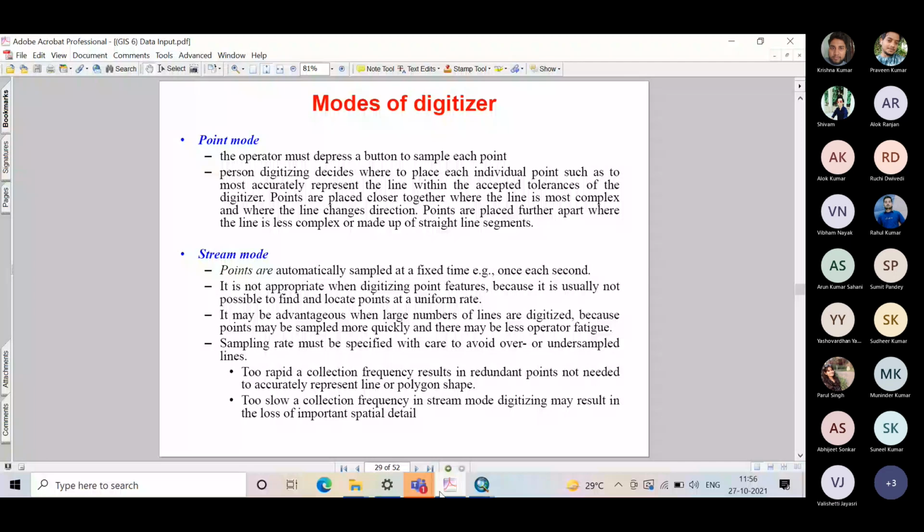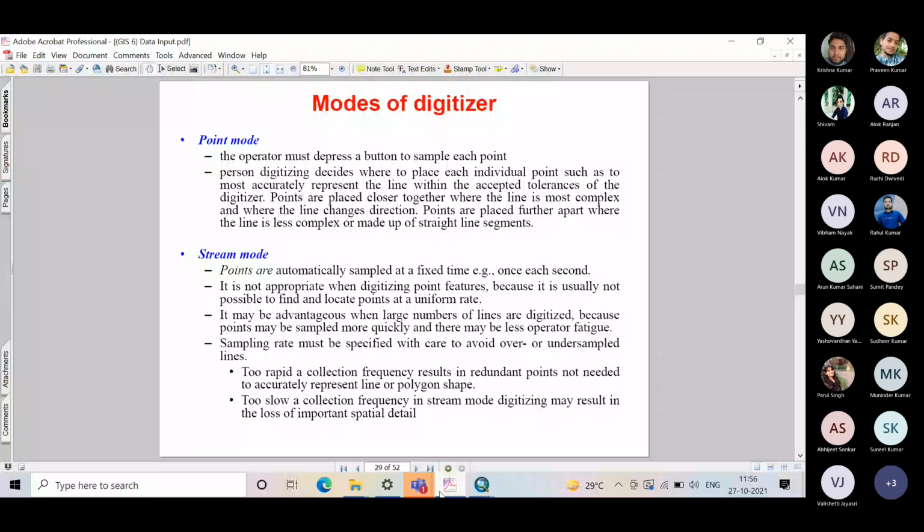सपोज 2 सेकेंड में एक पॉइंट मार्क हो रहा है, तो उसमें ऑपरेटर अपना कर्सर मूव करता जाएगा लेकिन उसके पैरेलली पॉइंट नहीं मार्क होंगे, अंडर सैम्पलिंग हो जाएगी और करेक्ट शेप, करेक्ट डिटेल कैप्चर नहीं हो पाएगा उस केस में। इसका एक एग्जांपल यहाँ स्क्रीन पर दिया हुआ है कि किस तरीके से पॉइंट और लाइन मोड डिजिटाइजेशन किया जाता है।